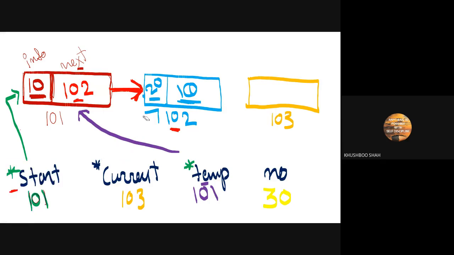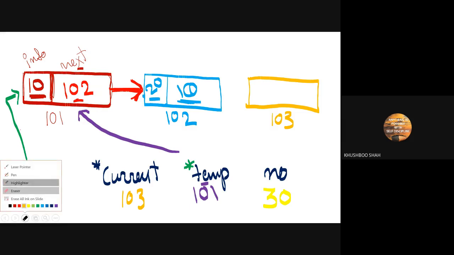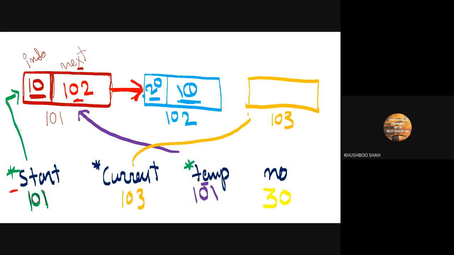At the moment I assign the 103 over here, it will break this link and create a new link to this node. This is the current situation of the linked list. If you notice, this is my current node, this is the first node, this is the middle node. And why do we need temp?